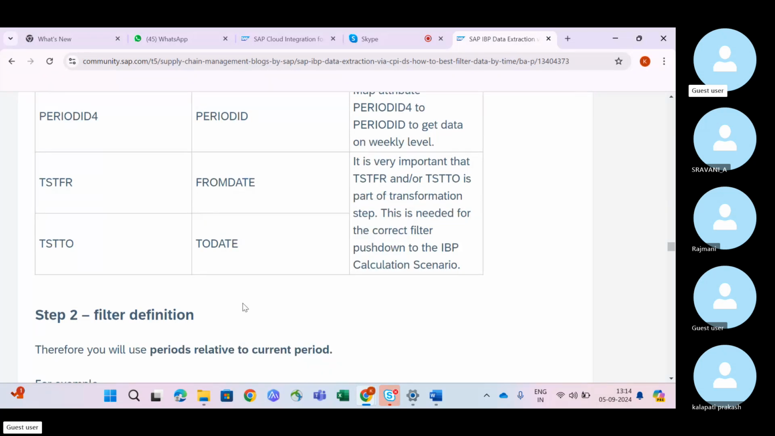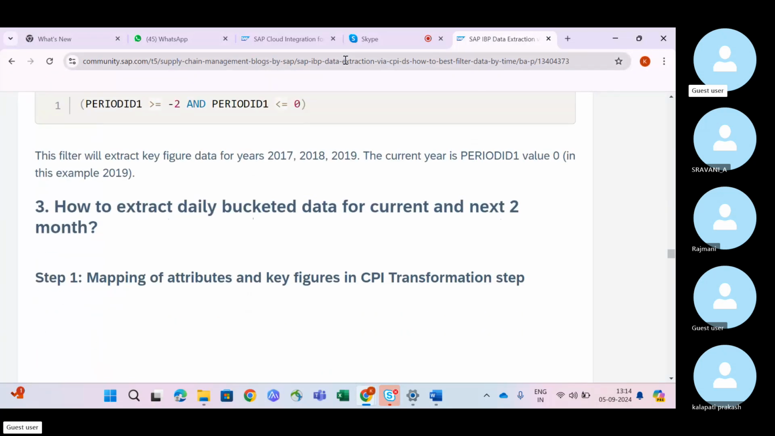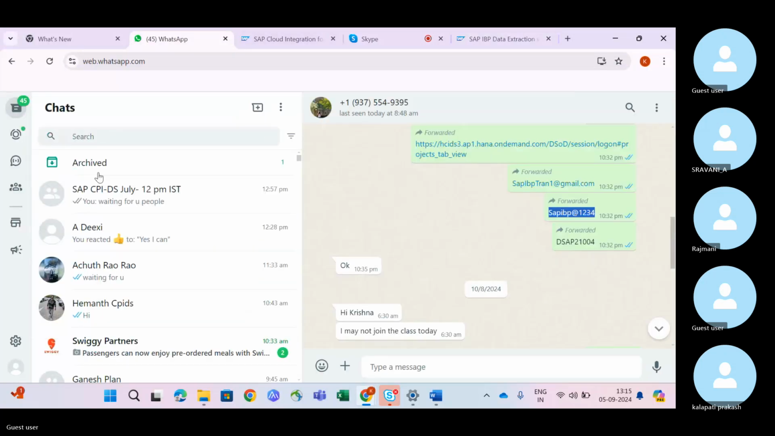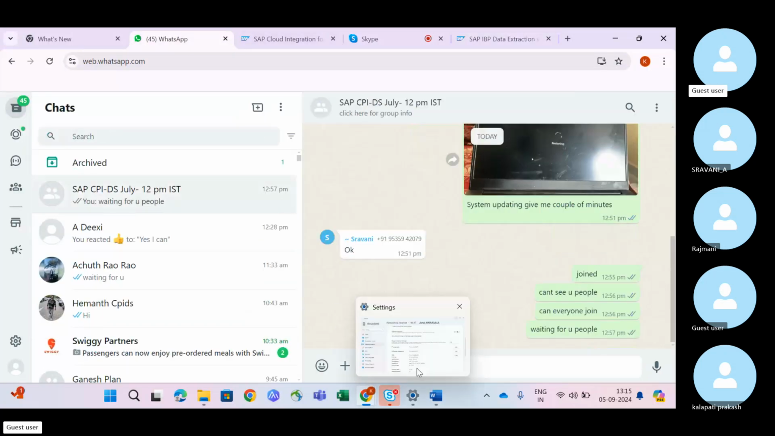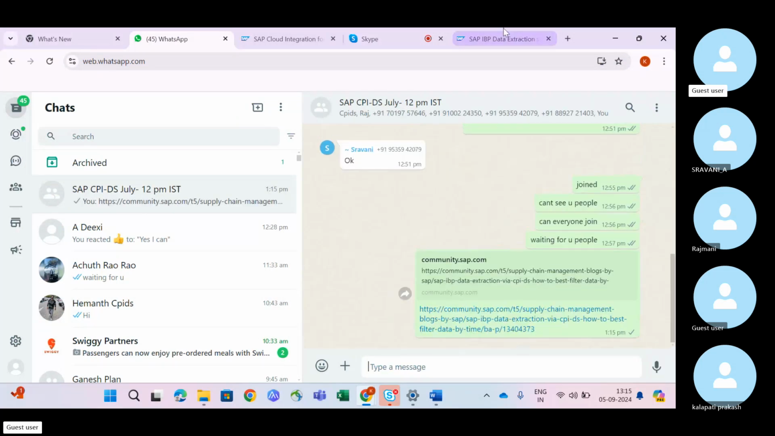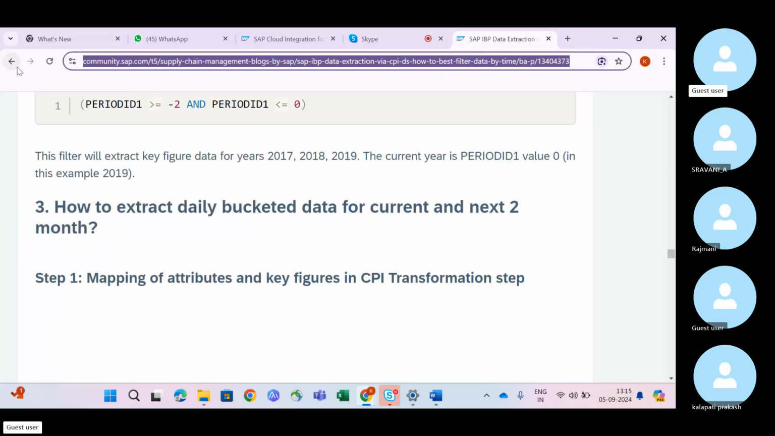Next, how to write the TSTFR. Okay, one document, let me share it with you. This is one document you need to go through. And next,